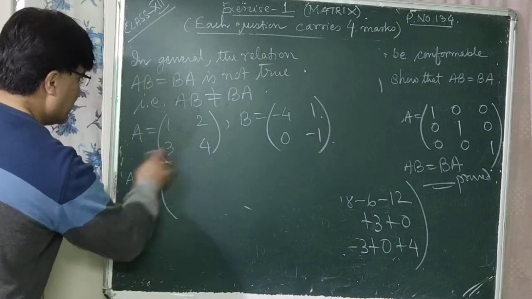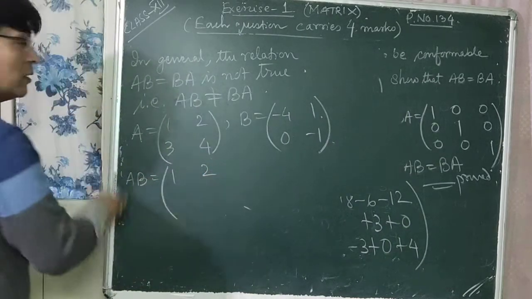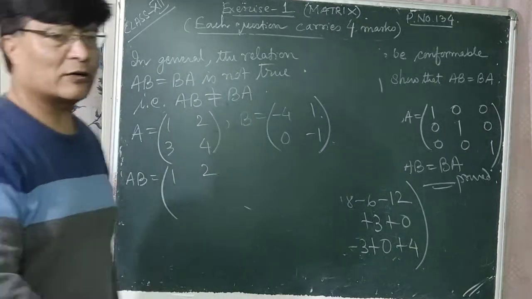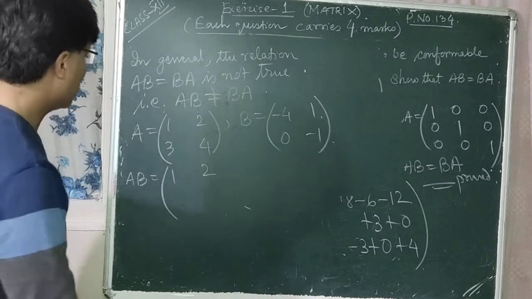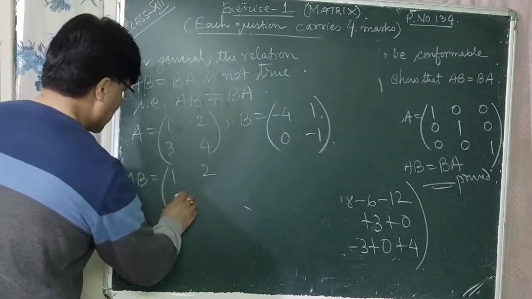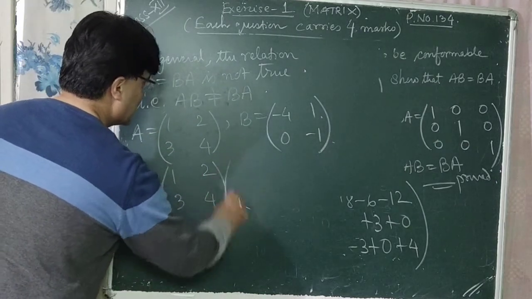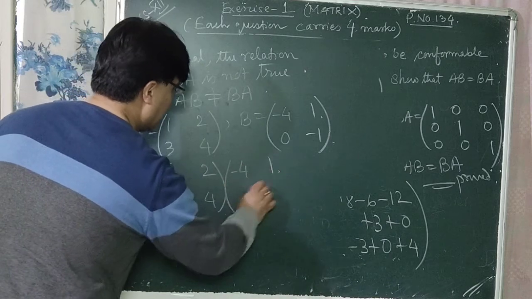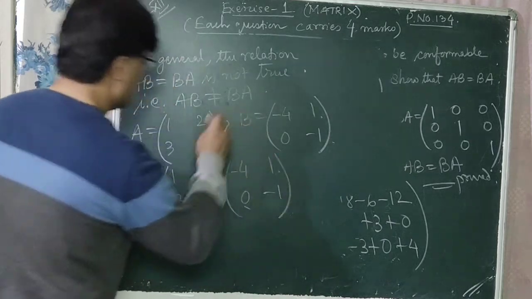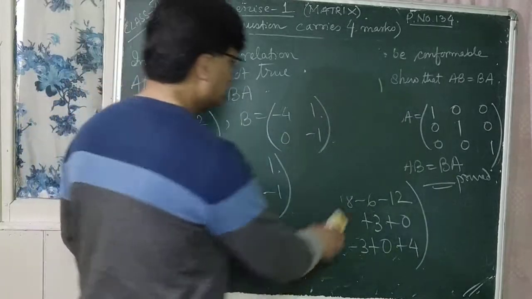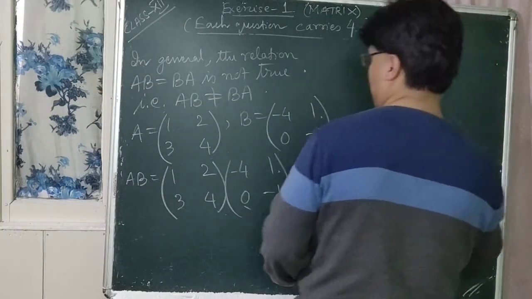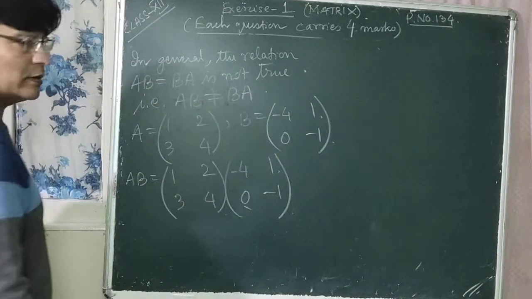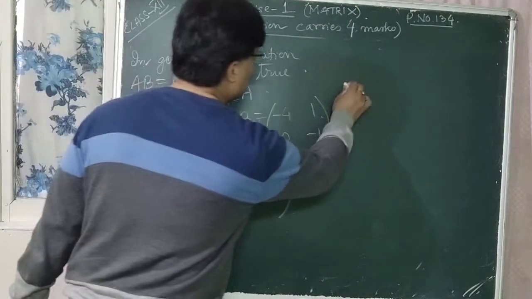So AB, what is A here? We are giving an example of a second order matrix because it will be easier for you to simplify it. Okay. So now A, what is A? 1, 2, 3, 4. And what is B here? Minus 4, 1, 0, minus 1. Right? So let us multiply them. So AB is equal